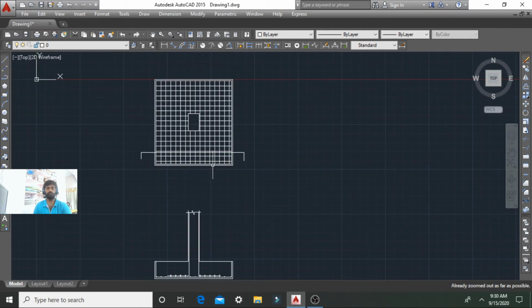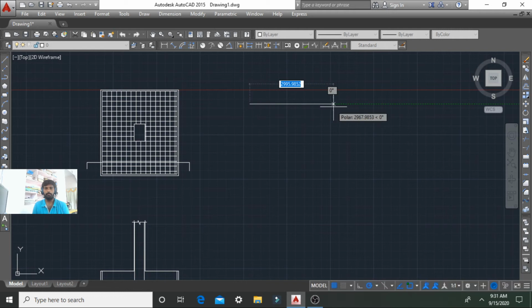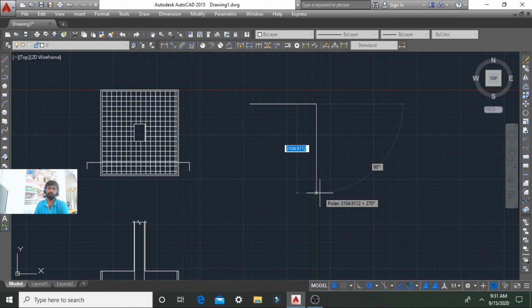After that, we can see the trapezoidal footing. The length of the span is 2400 and the depth of the span is also 2400.